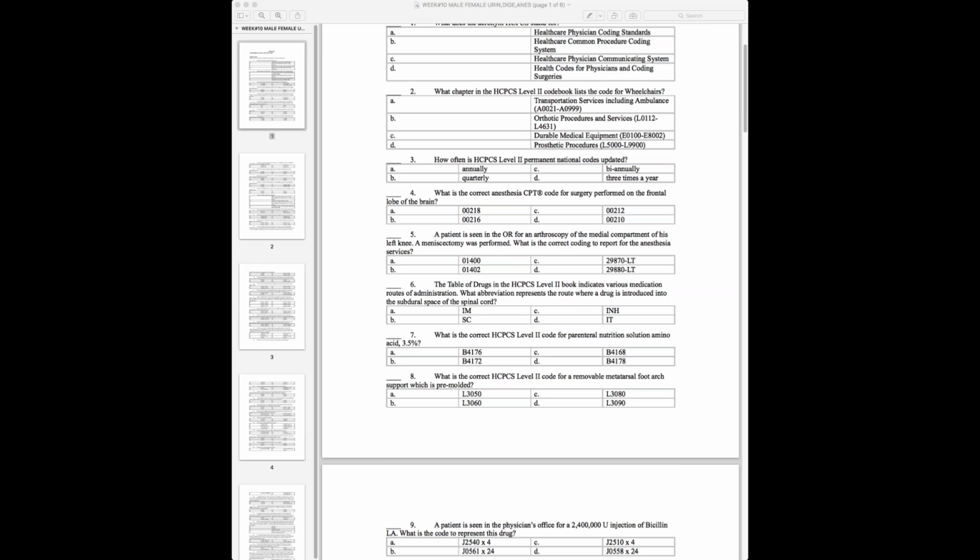Number 15. Number 15 is I-10. You guys did really well on I-10 during the midterm. So number 15 is B as in boy. B as in boy. Number 16. Number 16 is A as in apple. And for 17,